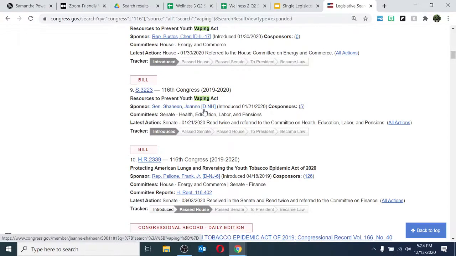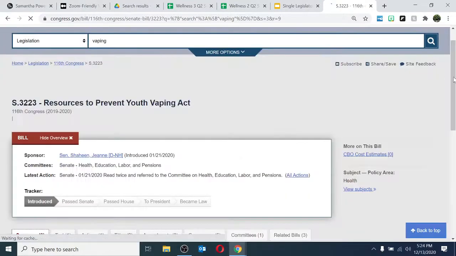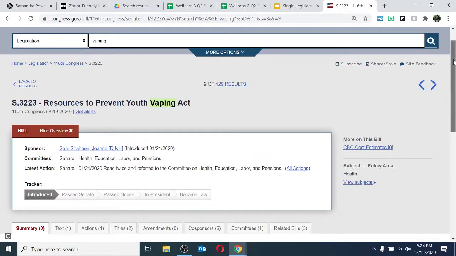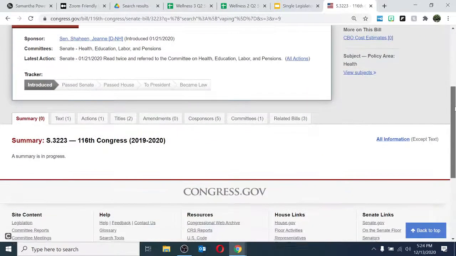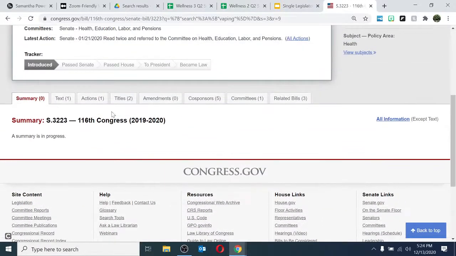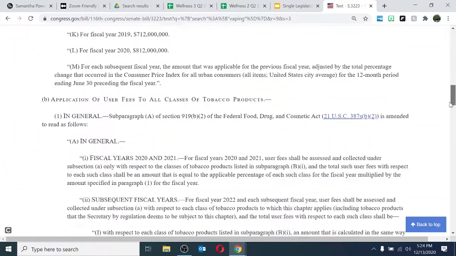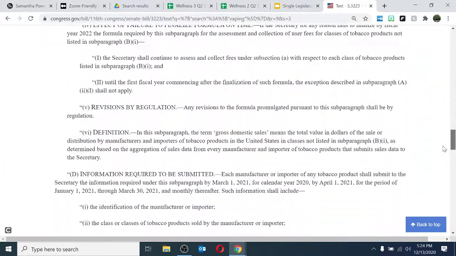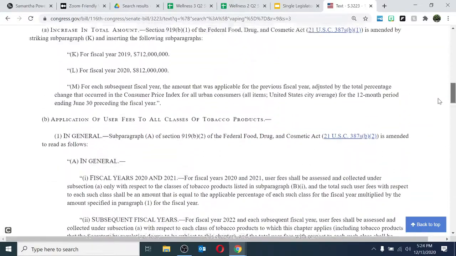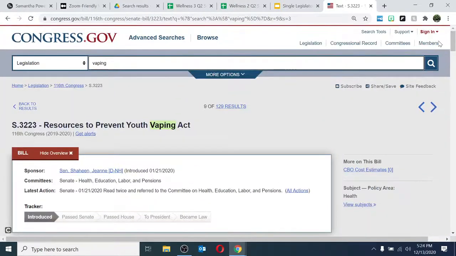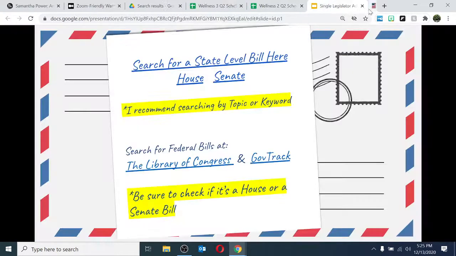Looks like the sponsor is a Democrat from New Hampshire. So I click on that. If you were going to write about this one, you would either address it to Senator Klobuchar or Smith, because those are the two Minnesota federal senators. So you'd read what it is about and then decide, oh yeah, this one's better than the other one. This is more about what we've learned about in our research. We're more knowledgeable about this than the other one. Or maybe it affects teens more versus college age students. So you want to pick this one versus the other one, or whatever it might be. You decide that as a group.